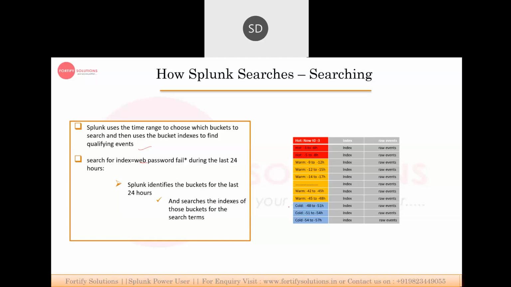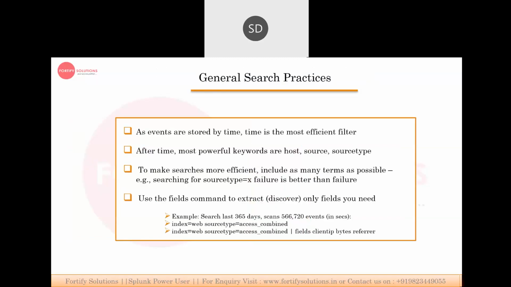It will majorly search the warm bucket, because that is where it reads the data from. The data is indexed in the particular bucket, right? So this is the indexing criteria, and this is the searching criteria from the buckets.